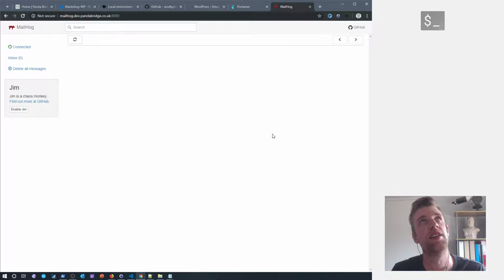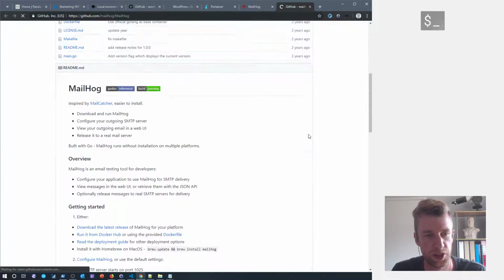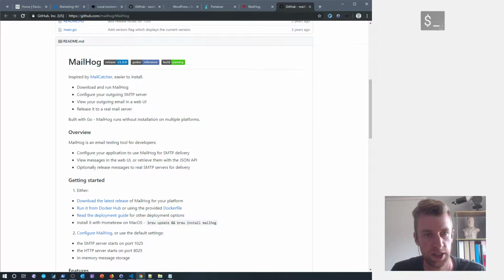So MailHog is, well, maybe I could look at the GitHub to give us better information about it. Inspired by Mailcatcher. It basically sits as like a bucket to catch any outgoing emails you send during development. So if I wrote an email to chris@pandabridge.co.uk, like if I had a bit of code in WordPress or whatever that sends that email,